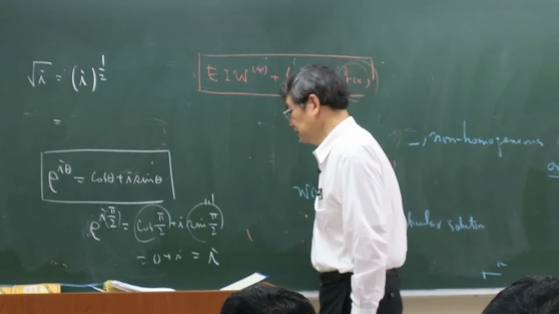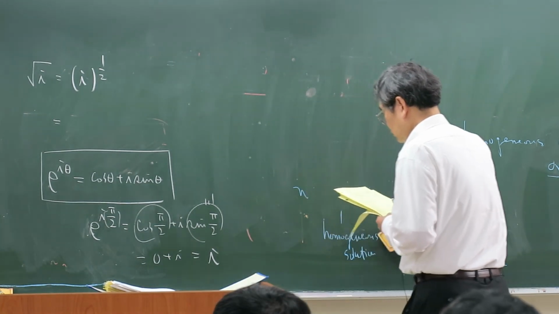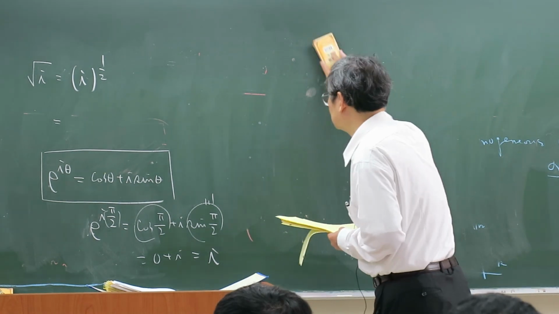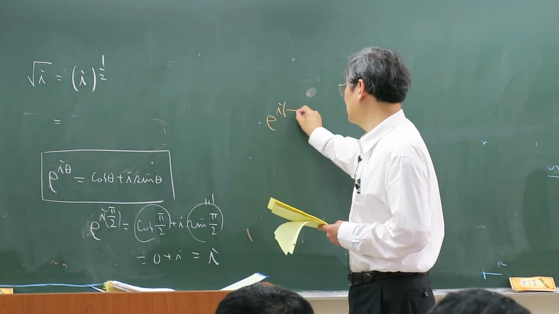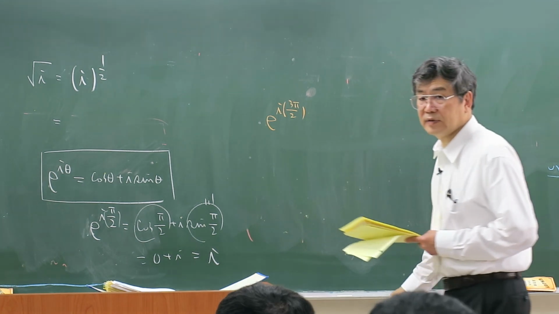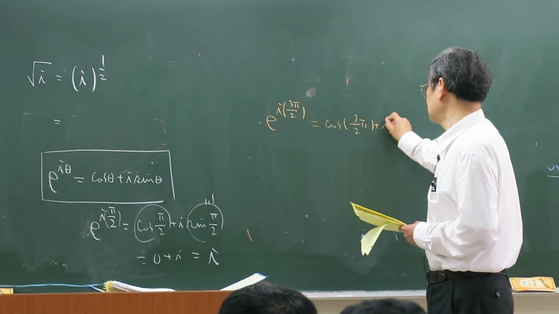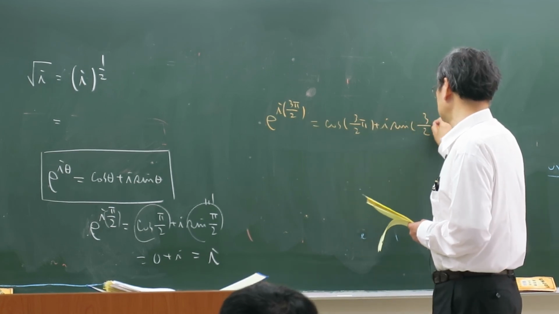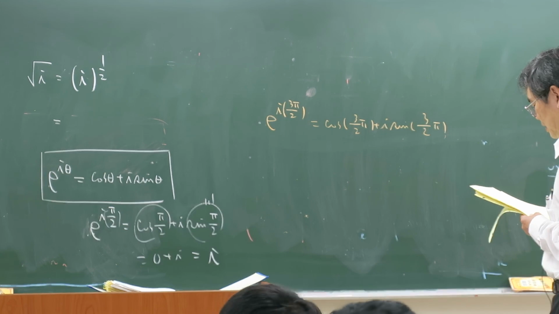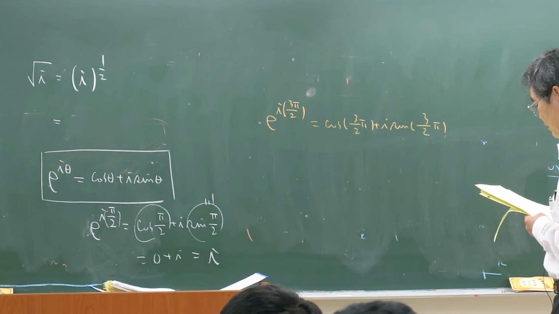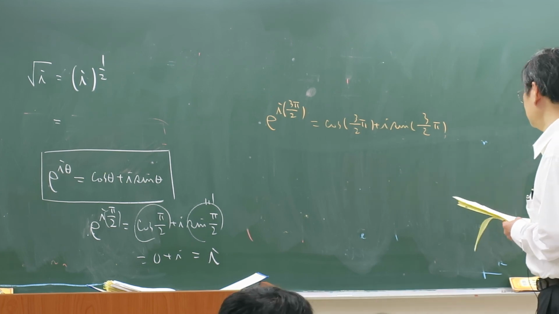And e to the i 2/3 pi equal to cosine, and what do we have? Cosine